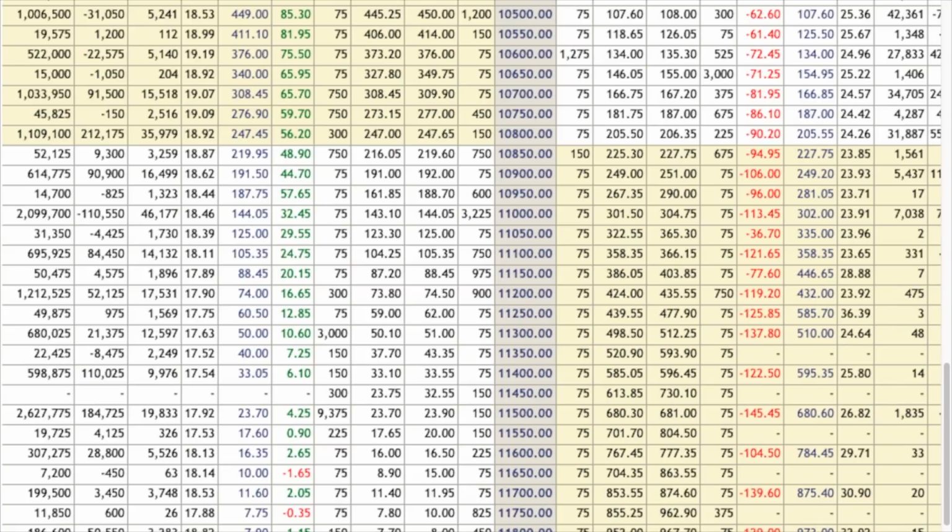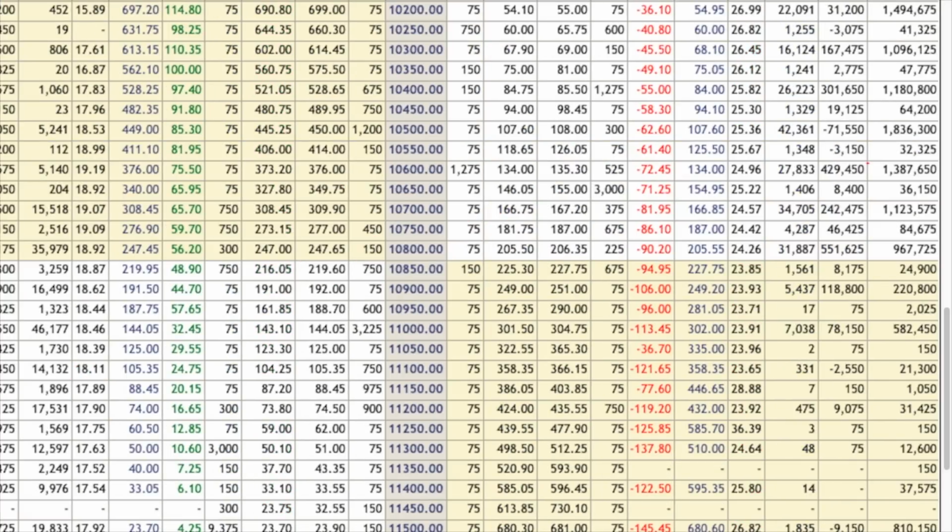For identifying strikes where there was significant option writing, we have to skip at the money strikes and identify those strikes with a positive change of open interest. It is evident that on the call side there was significant writing at 11,500 and then 11,400 levels. And on the put side, significant writing was seen at 10,600 and then 10,400 levels.